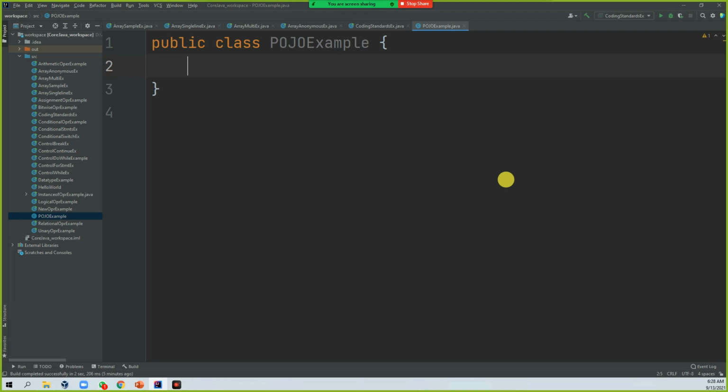That is the main intention of the POJO class. So how can you write the POJO class? POJO is a plain old Java object, so it will have only setters and getters. Let's write one POJO class.